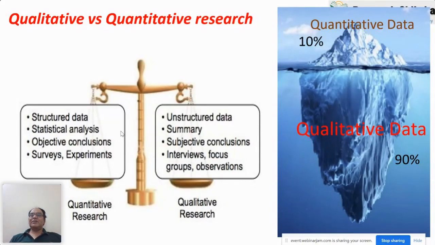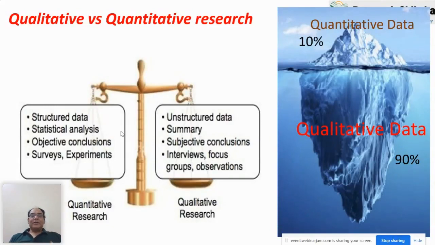So this kind of analysis is called qualitative analysis, and you can do the qualitative analysis with the help of software, or you can do it manually also. In qualitative data, the dependency on software is not very high. You can do all the qualitative analysis with manual efforts rather than using software. But if you know the software, the tasks are very easy, because with the help of software you can make different types of diagrams and charts, which manually it is very difficult to make.